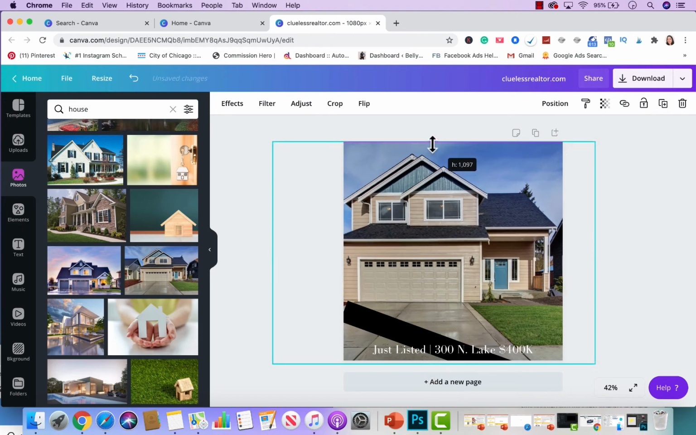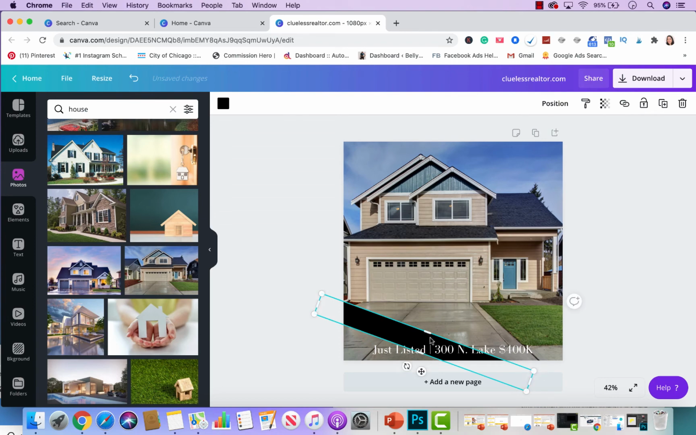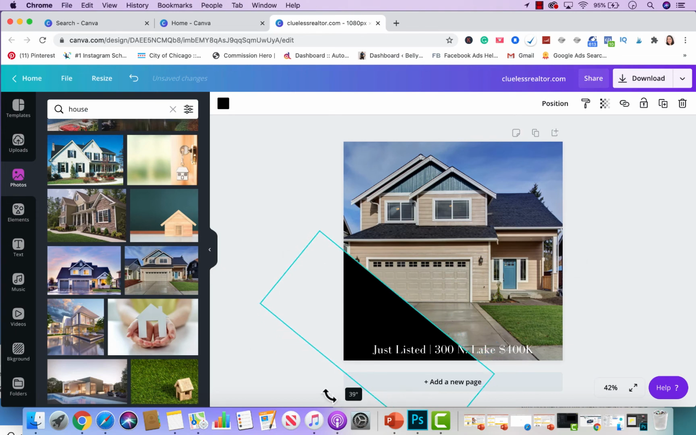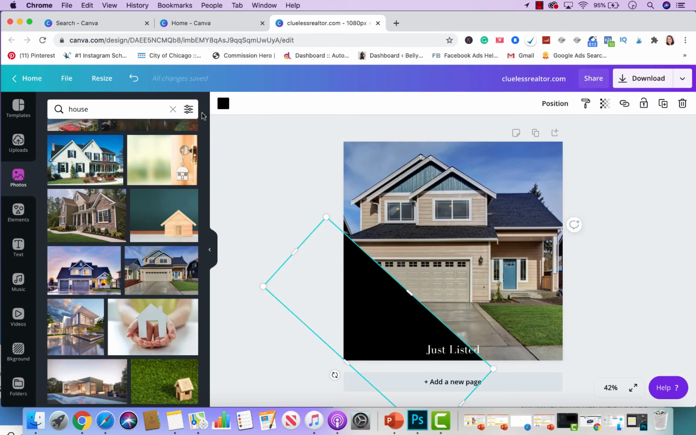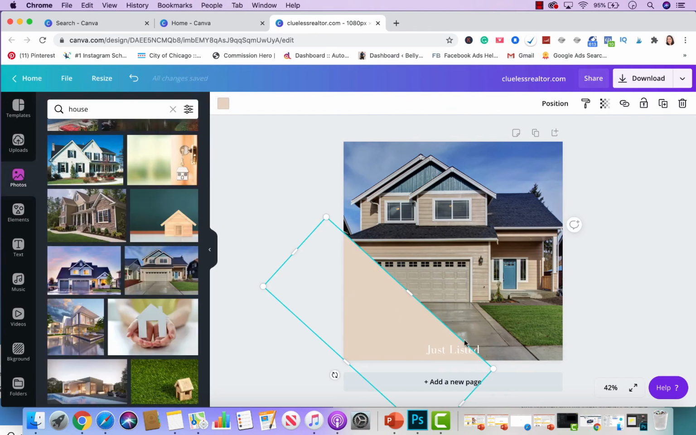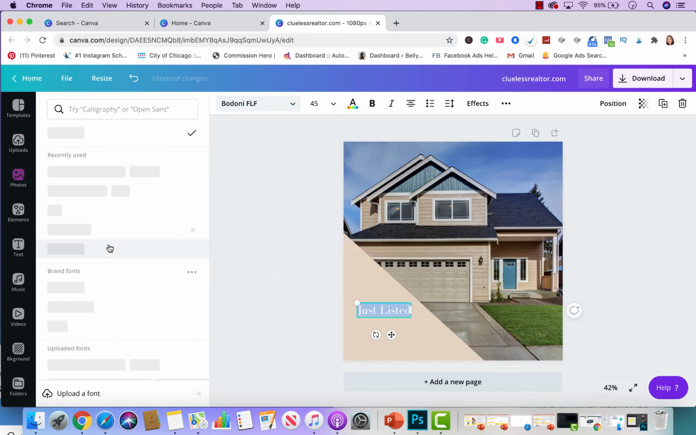So let's go ahead and resize the image right there. That looks good. And you could actually put this like this and have it kind of like peek in the corner like this, just to make it fun, as you can see. So you could do something like this, and then you could change this and just say just listed. And then remember, you could change the color here to kind of match your branding. And then you could just put this here, and you could get fun and creative with it using different types